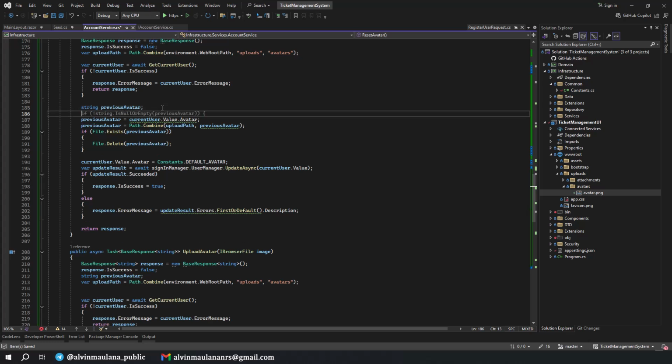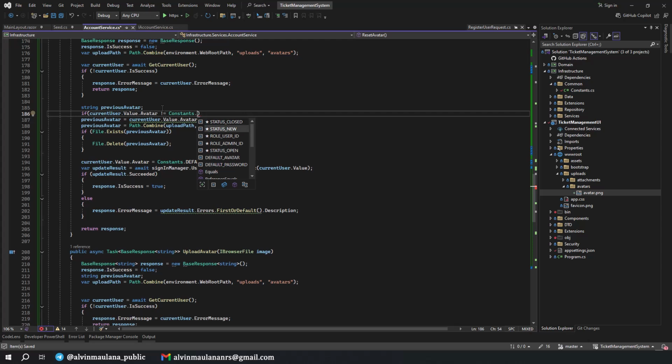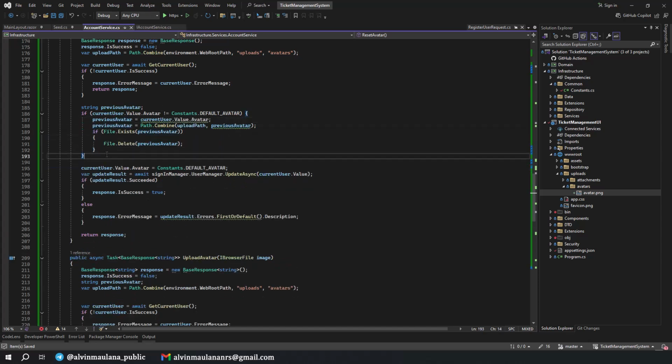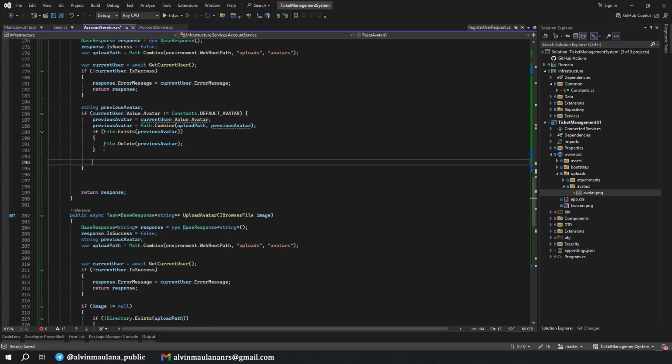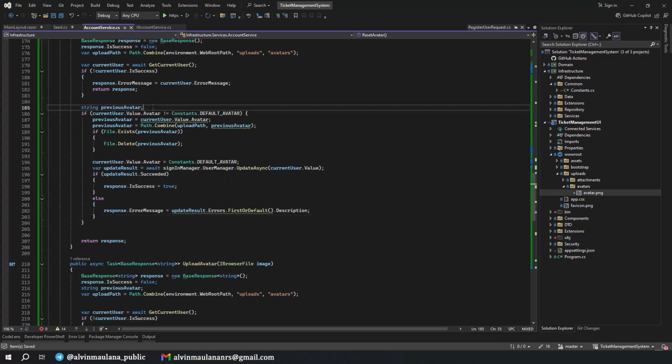So we will have a check here: if current user value avatar is not equal to constants default avatar, after this we can do removing the previous avatar, and actually can do all of this, because if the current is the default avatar, what we need to delete is already set to the default avatar. So we only do this if the current avatar is not the default avatar.